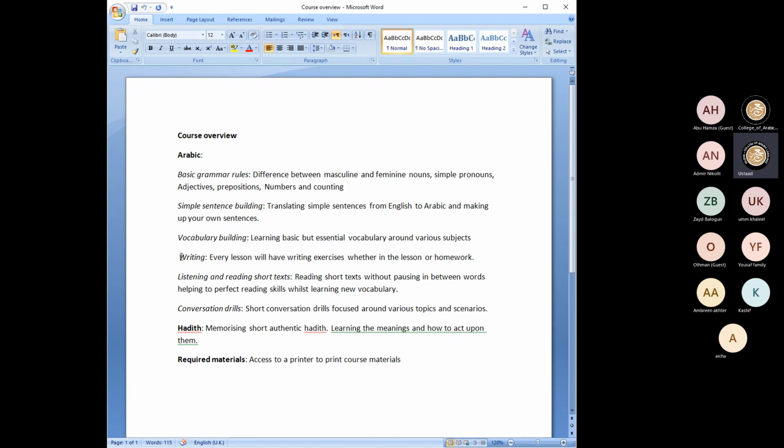So also we will focus on some writing. Every lesson will have writing exercises, whether in the lesson or a homework sheet that they have to complete. This is something also when I teach adults, I say to them that writing is something that people lack. And so I insist that even if we cover just one lesson, you have to have a separate notebook